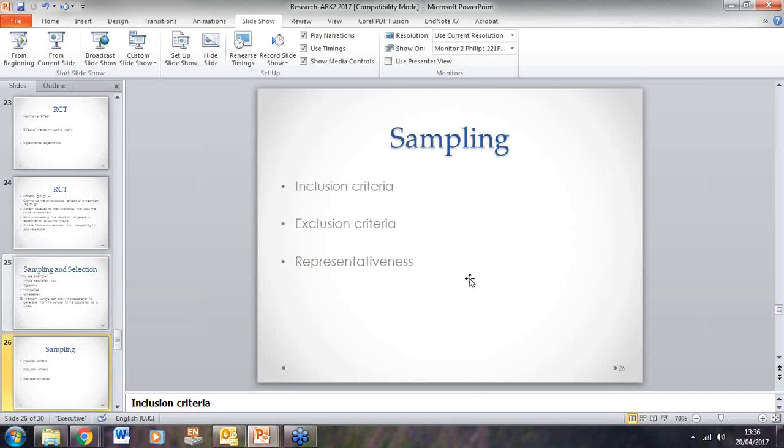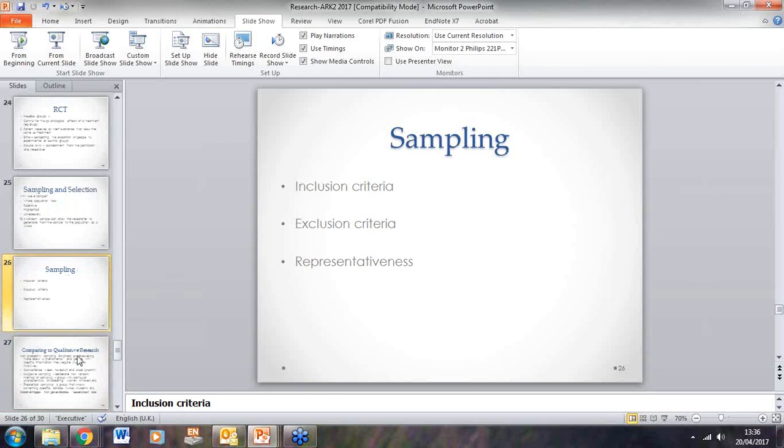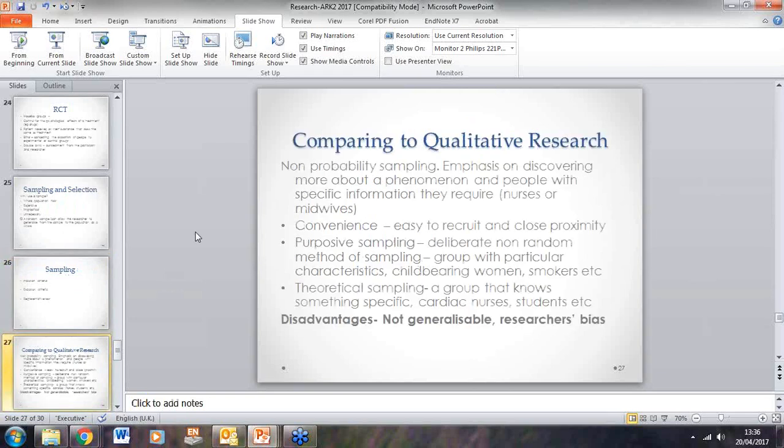So in terms of sampling, you have to think about your inclusion and your exclusion criteria. And when you're writing up your research proposal, there will need to be a clear section. And we'll talk about that when we talk about the research proposal tomorrow. So, as I said then, you've got inclusion and exclusion criteria and randomization if you're talking about it from a